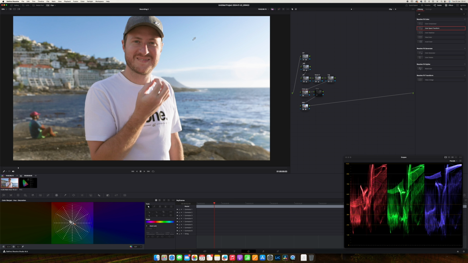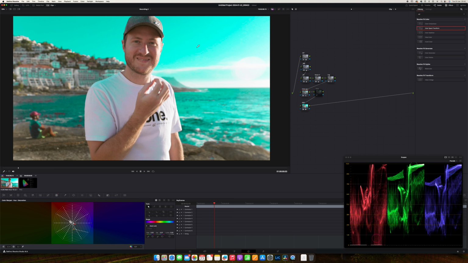So if I go in the sky here, it's going to specifically select that color. If I click and drag, I'm able to change the hue of that color. How amazing is that? So let me just undo that. I want to add a slight teal to this image. I'm going to overdo it a bit, and I'm going to show you there's some point where we break this image as well. If you look at this,